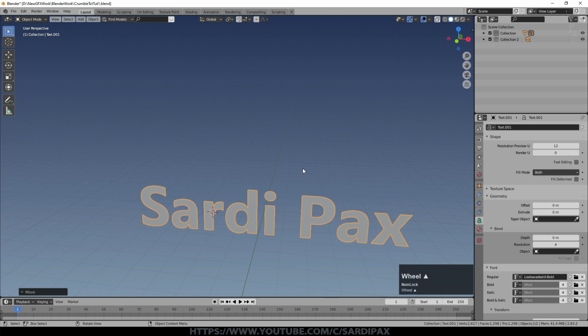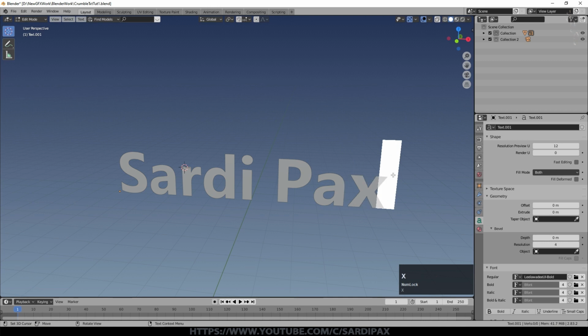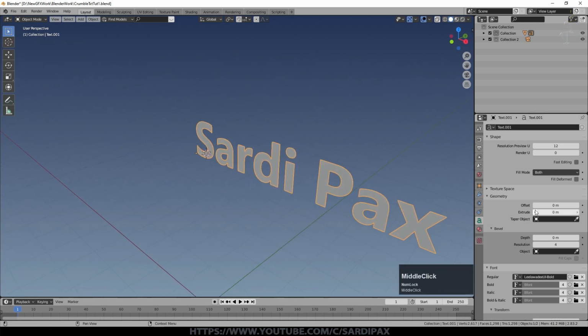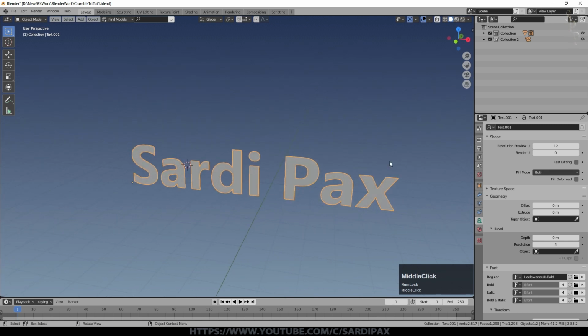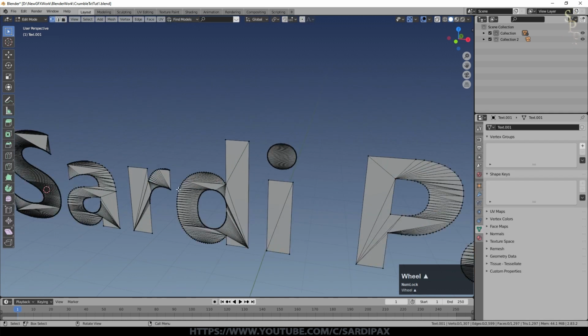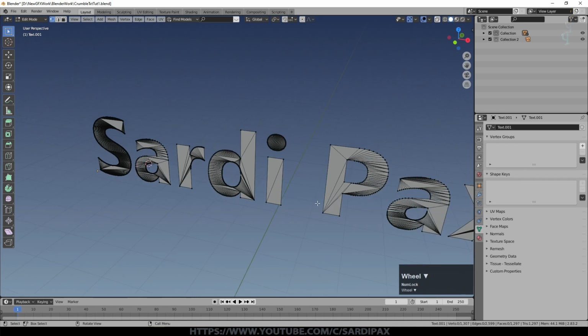So we'll do it slightly differently this time. The less geometry there is to work on, the easier the next step is going to be. So at the moment, this is a curve object. You can see if we go into edit mode, it just takes us into editing the text. So we do want to convert that, but we haven't added any extrude on it as yet. So we'll just press F3 and we'll say convert to mesh from curve. Now we've still got that problem geometry, but there's a lot less of it for us to deal with. There's only one face here at the moment.